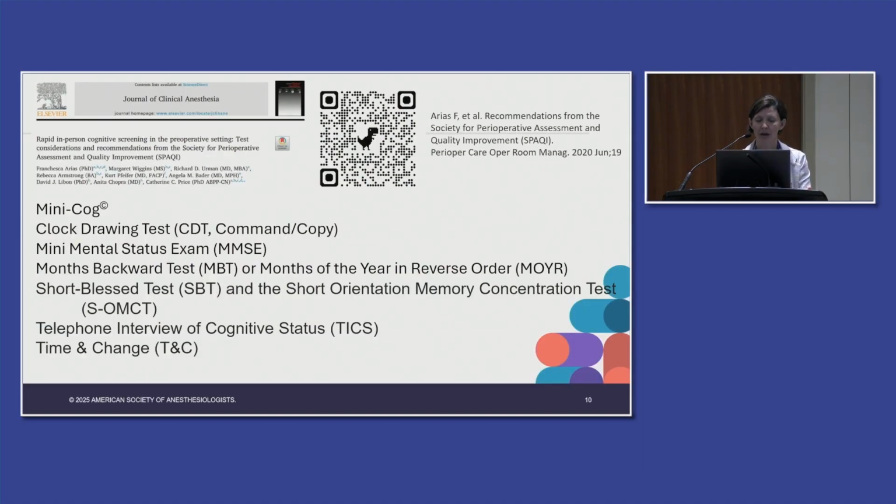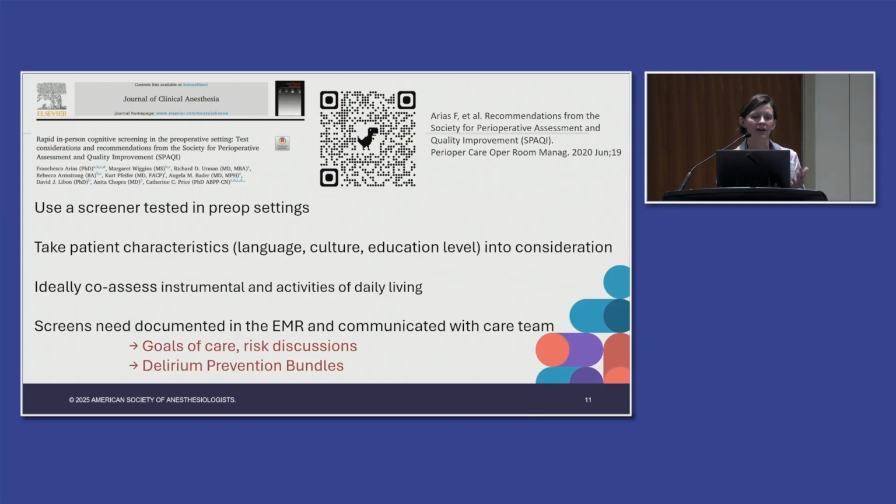A more recent update has come from the SPOCK group, and they also list the Mini-Cog and several other options. What's great about this review is it provides a very tailored overview of how these are used in the perioperative setting. So if you're picking a screener for cognition, you want to make sure that you're looking at something that's actually been tested and used in preoperative settings, as opposed to just community settings or in primary care settings. You also want to take into account the patient characteristics, like their language, their culture, their education level when you're picking a test. Not everything works for every patient. Things that are very language-based might be challenging in certain situations,